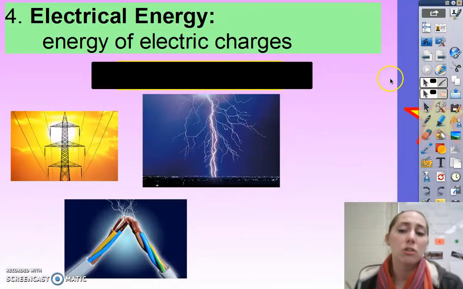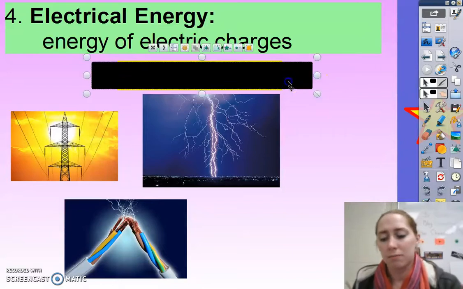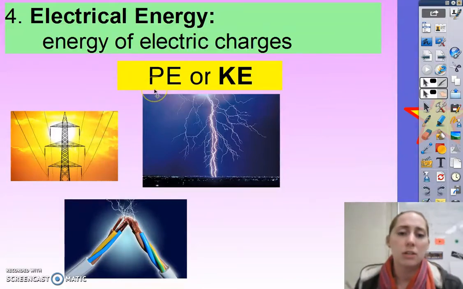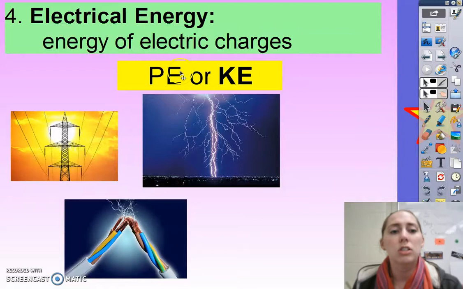We've also got electrical energy. Now, this is the energy of electricity. It can be potential energy, or more common, it's kinetic energy. It's very, very difficult to store electrical energy. In general, you have to use it right when it's produced. So most of electrical energy is kinetic energy, and this is one of the huge challenges in energy production, because